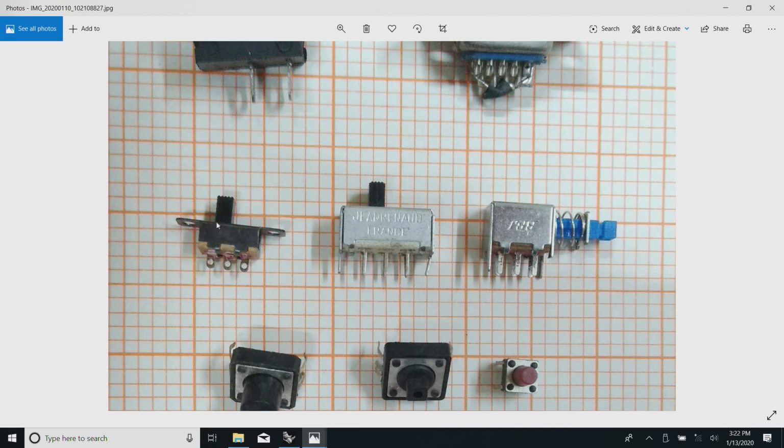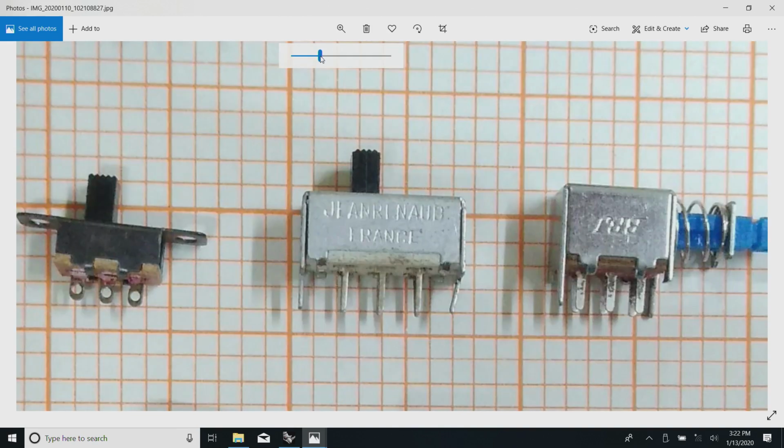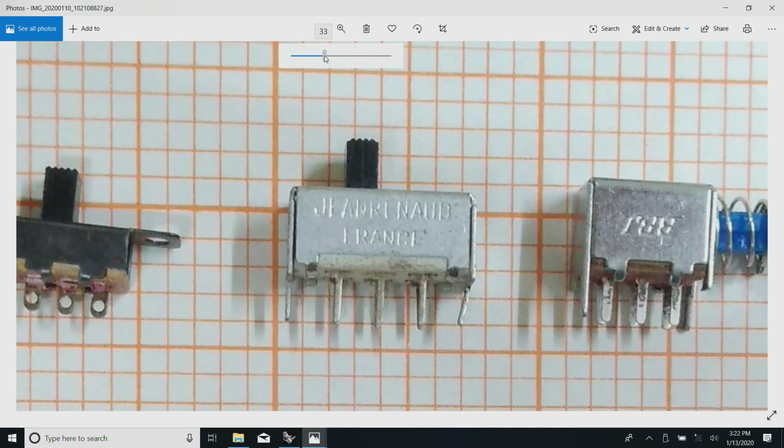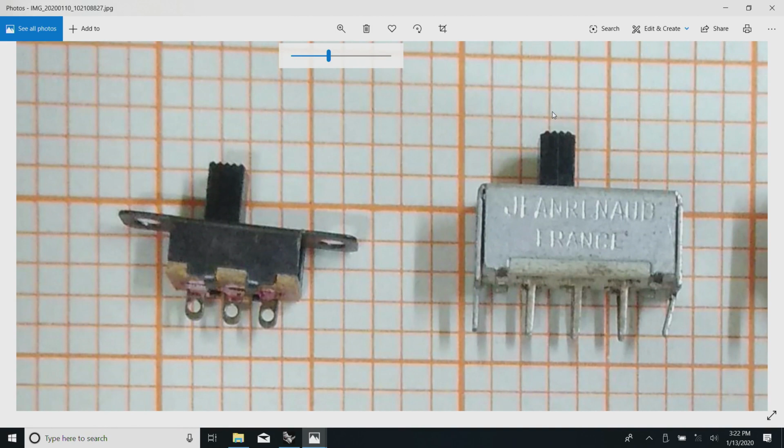So, if you see these two, they look a little similar. If I see these two switches, there is nothing great about it, except that as before this has 3 contacts and this has 3 contacts.